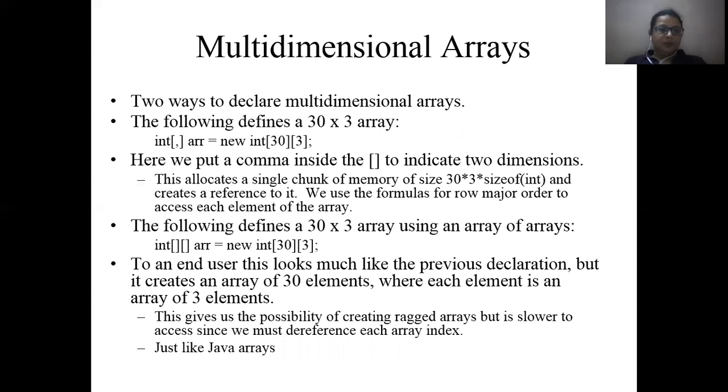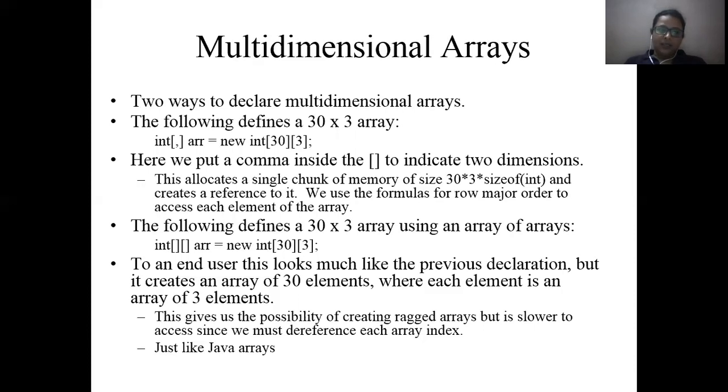Multidimensional array. There are two ways to declare multidimensional arrays. The following defines a 30 by 3 matrix, or we can say a 30 by 3 array: int[,] arr = new int[30,3]. Here we specified a 30 by 3 array. Here we put a comma inside the brackets, which indicates two-dimensional. This allocates a single chunk of memory with a size of 30 by 3 times the size of an integer